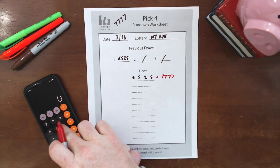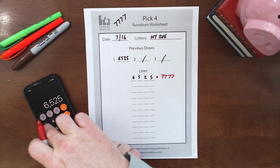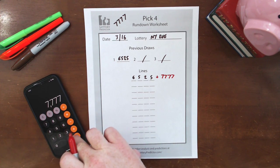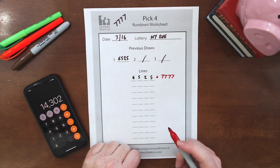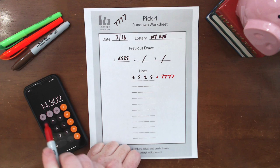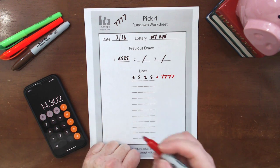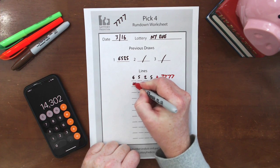So if we put in 6525 into our calculator and then we add 7777 to that, we come out with 14,302. Now because this is a Pick 4 lottery, we only need these last 4 numbers here. So the 4302 is what we need. So we'll put that on this line here,